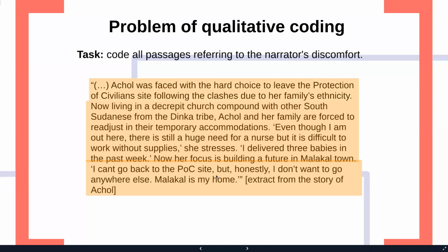And finally, the first sentence relates somehow to discomfort too: was faced with the hard choice to leave the protection of civilian site following the clashes due to her family's ethnicity. So we can say that the discomfort can be located in all, but also in only some